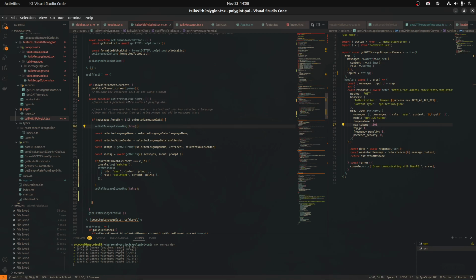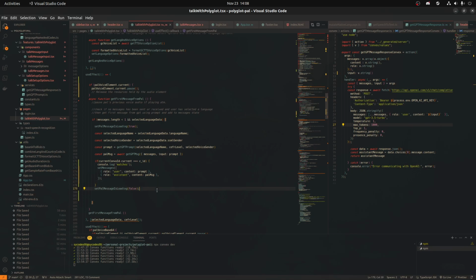So even if it changes while the function is doing something, it doesn't really matter. So it basically just references the useRef at the time when the function is called. So that works, but